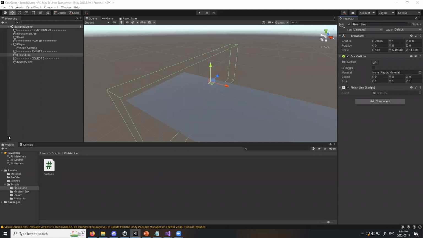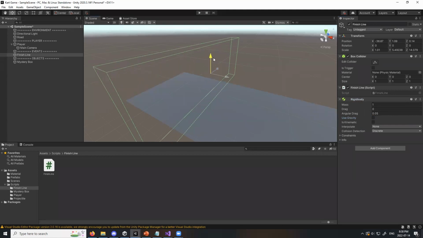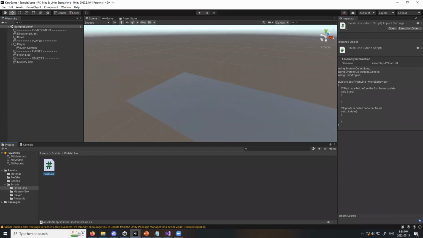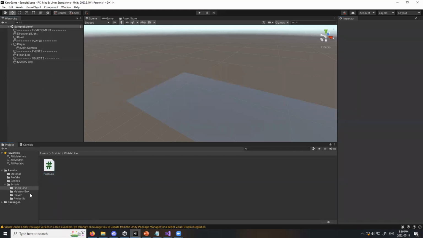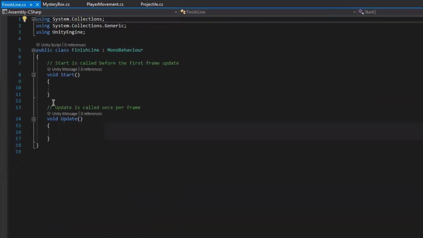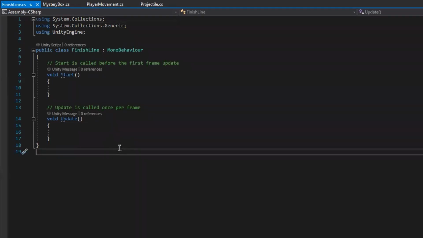So now we have the finish line. We're also going to want to add a rigid body. We are not going to want this to have gravity because it's just a floating box in space, but we do want to be kinematic. And the reason for that is one of the methods we'll be using, which is the trigger. So inside finish line, let's open that up here. We are basically going to say,